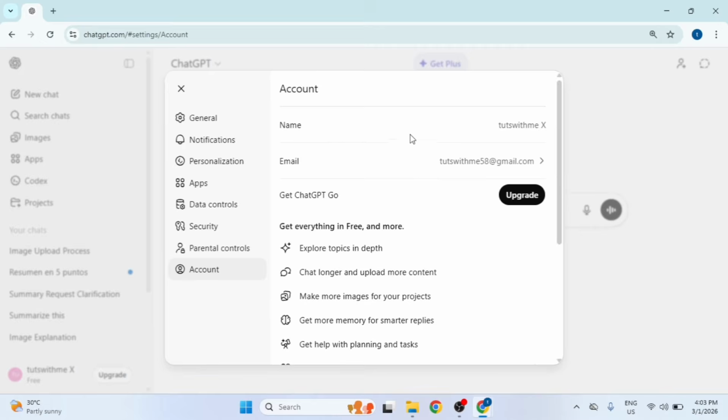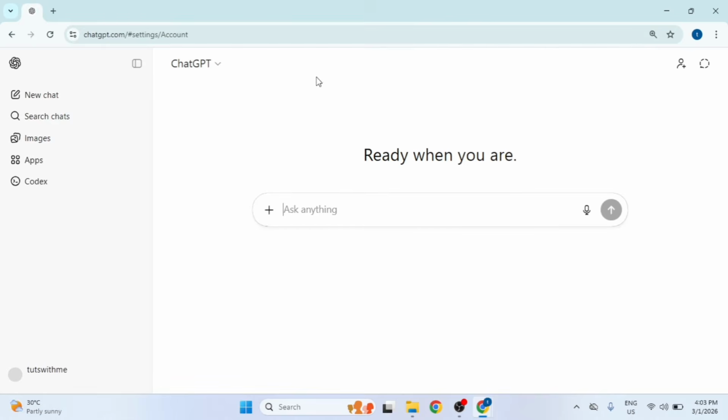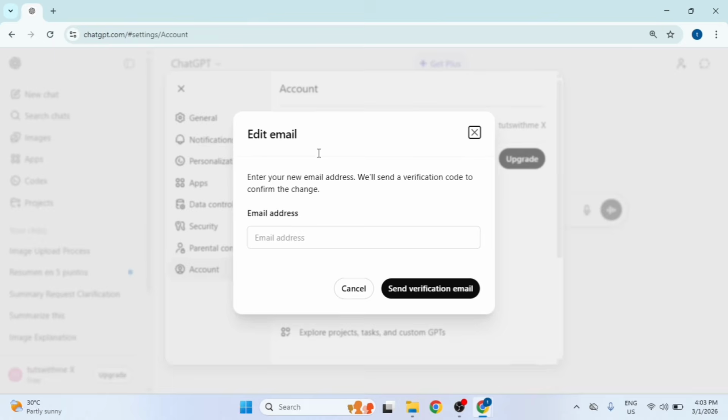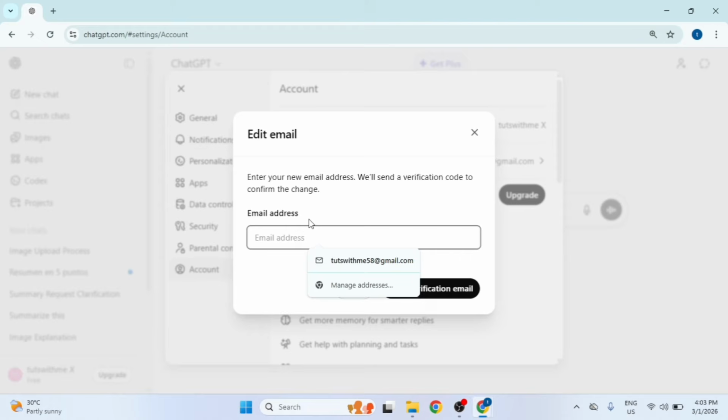Here, I can see my current email address listed clearly. To start the update, I'll click on the small arrow located right next to my address, which opens the Edit Email window. Now, I'll carefully type my new email address into the input field and click the button to send